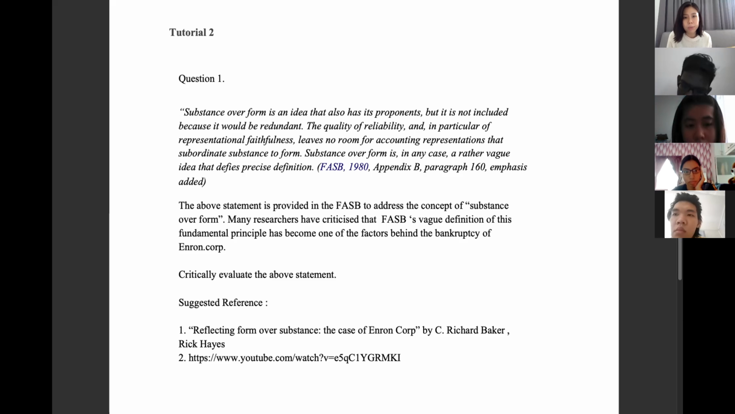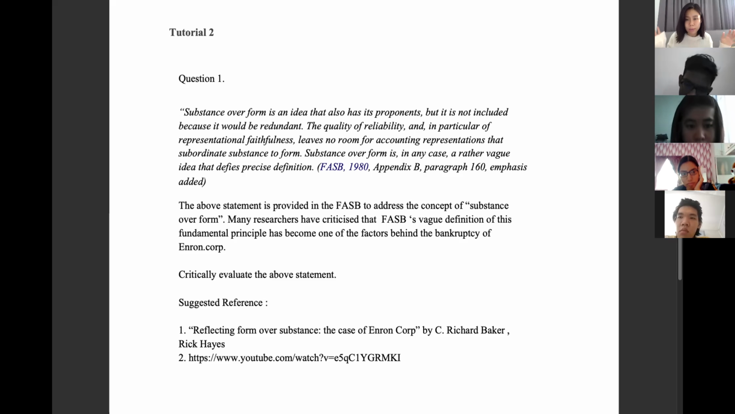One of them is substance over form. It means you must present the actual, real financial effect of these transactions compared to its legal form or the surface. You need to know the actual effect. So this statement says that maybe somebody supports substance over form, but this standard board doesn't include this